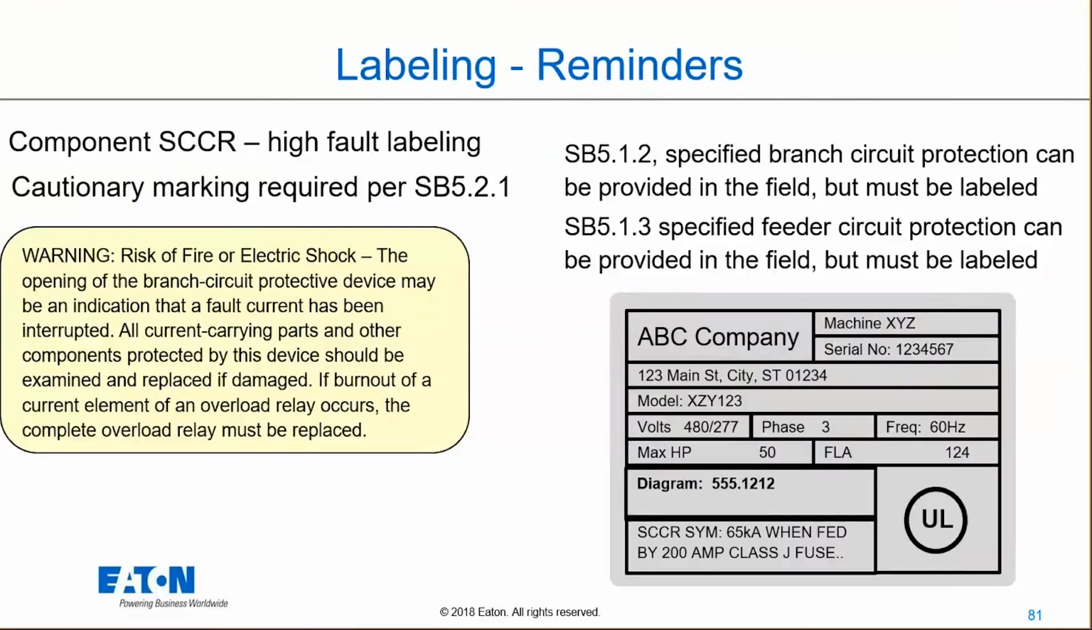All current carrying parts and other components protected by this device should be examined and replaced if damaged. So you do want to put this on there as well. You will need to do that under the labeling process. When we look at